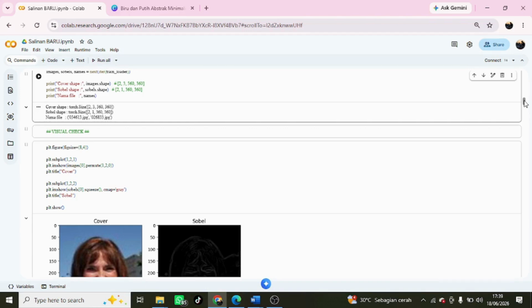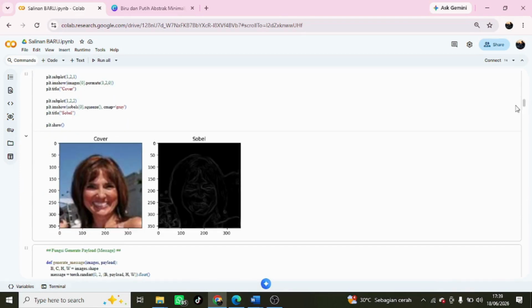This visualization displays the original cover image and the resulting Sobel edge image side by side, so that data quality can be verified directly before proceeding to the model training stage.